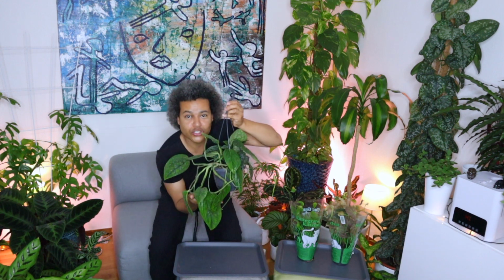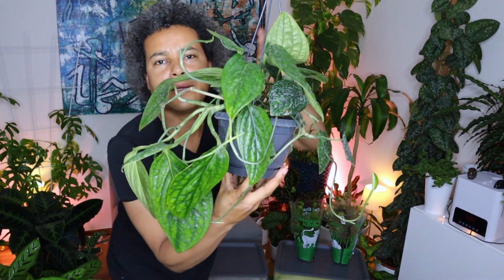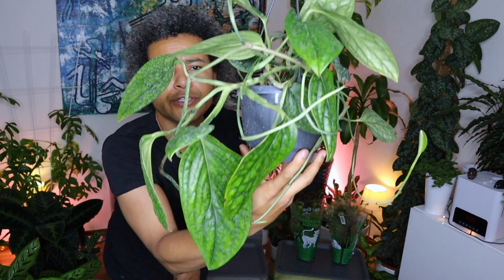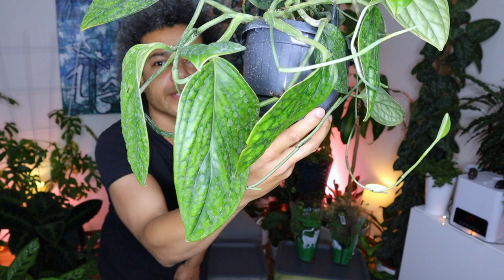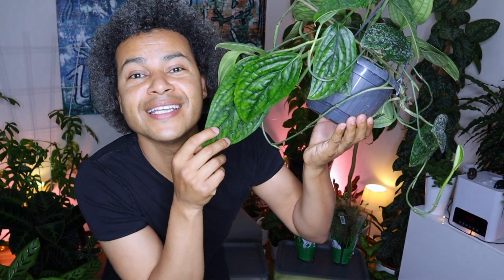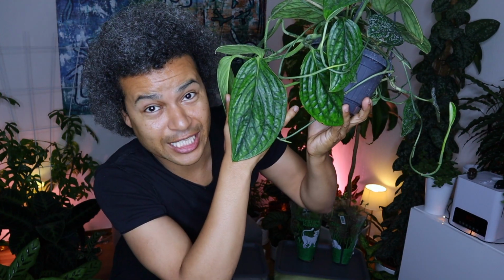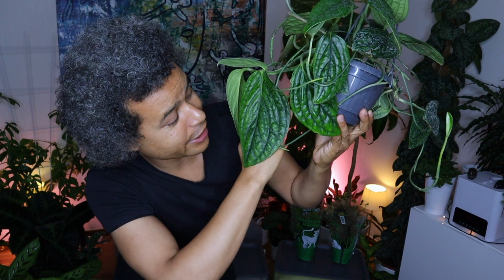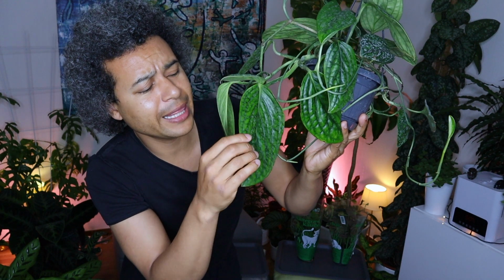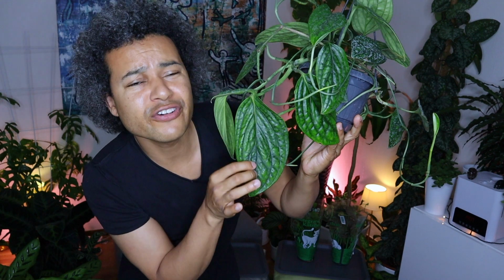So I'm just going to bring it closer so you can get a good look at this. Now look at that, people. Isn't it amazing? Look at that big leaf down there. I'm just going to show you that leaf against my face. Now look at that. That is what you call a big leaf. And if you look against my hand, it covers my hand completely, right? What a beautiful plant. It has this really, really thick kind of leathery feel to the leaves and very deep